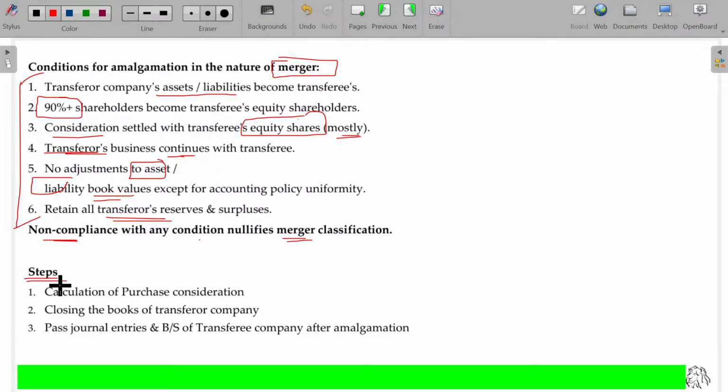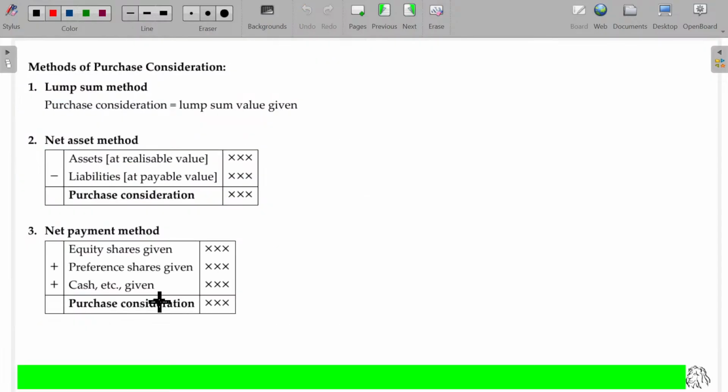The predominant steps to solve these kinds of illustrations are: first, calculation of purchase consideration; second, close the books of the transferor company and pass journal entries in the books of the transferee company, meaning the buying company; and third, prepare the new balance sheet. So these are the three predominant steps. In the very first step,